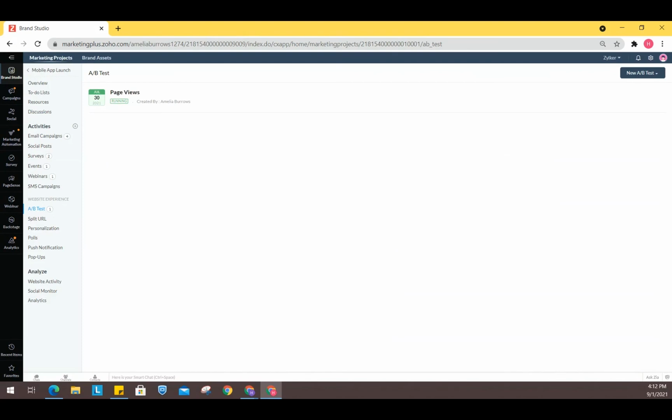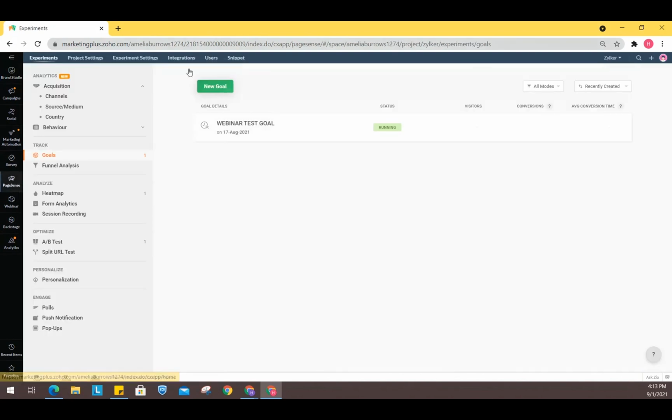Even here you can see that specific page. And if I go to PageSense again, here we have the A/B test, and we also have the split URL test. An A/B test would help you to test versions of a web page that contain small differences. A version of an A/B test that involves a complete design overhaul of the original page while maintaining the core idea is a split URL test. So you can do that as well in here.